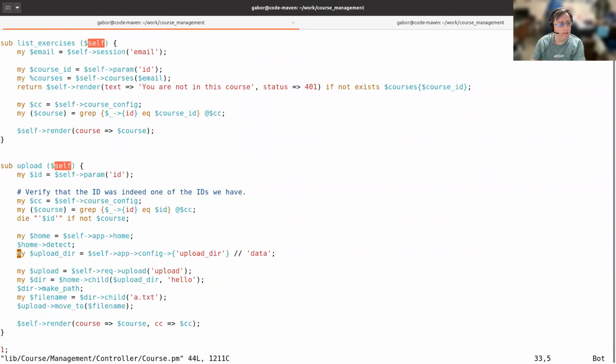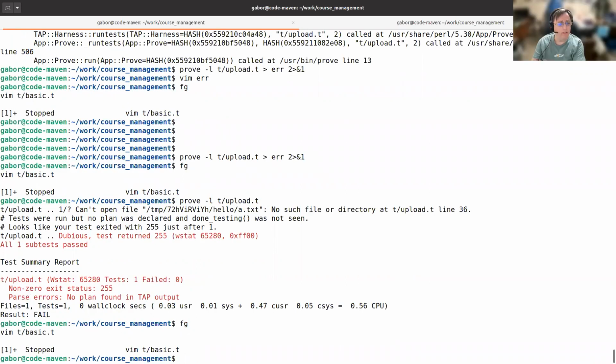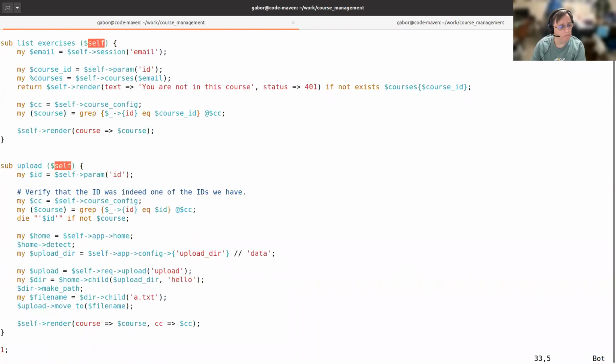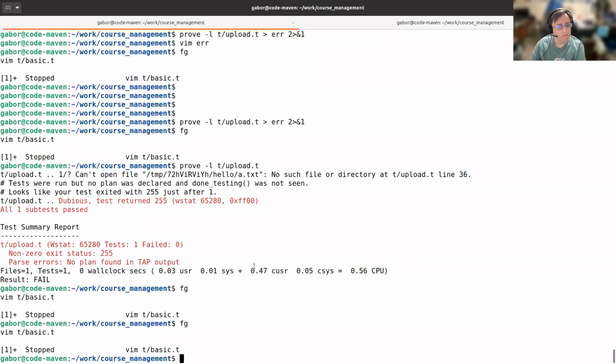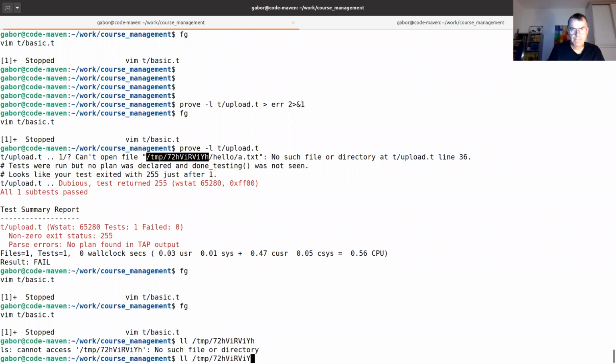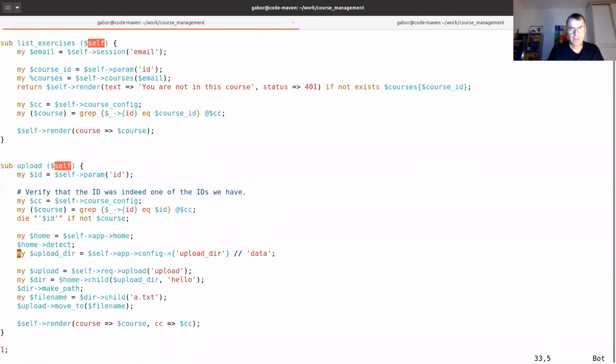Do you need to make the directory? I don't know. I think you can't open file. That's for the test already. I think it's in the test already, right? Right, because TMP, does it still exist? No. So